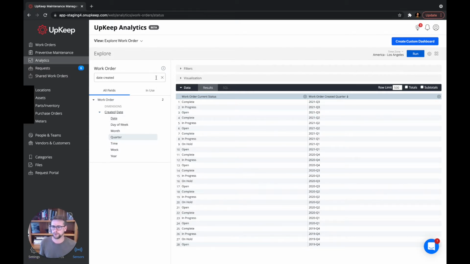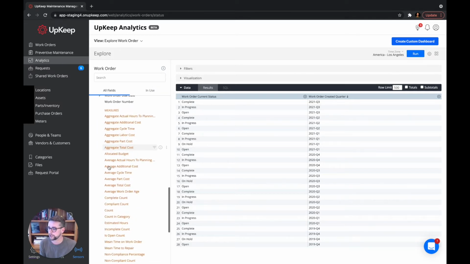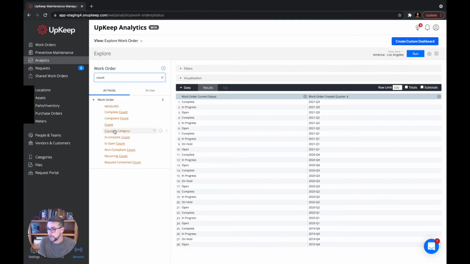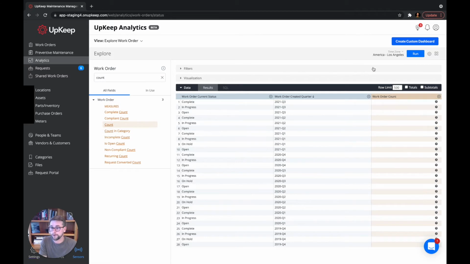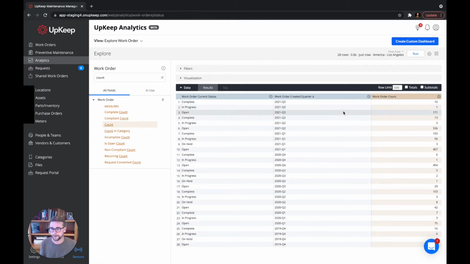So what do you do with this? Well, you want to start doing calculations on this data. And the way that calculations work is what we call measures. Measures are here in a reddish orange color. And what measures do is they allow you to do, as I mentioned, calculations on the dimensions. So for instance, maybe we just want to see a count of all the work orders that fall into these various different dimensions. What this is showing is various counts of the work orders from each status by quarter, by